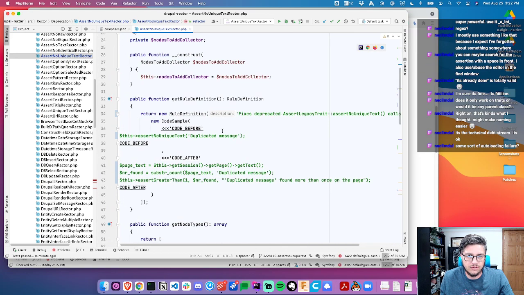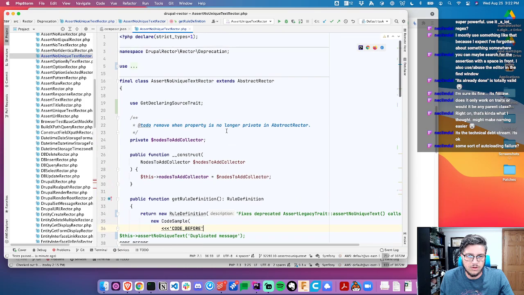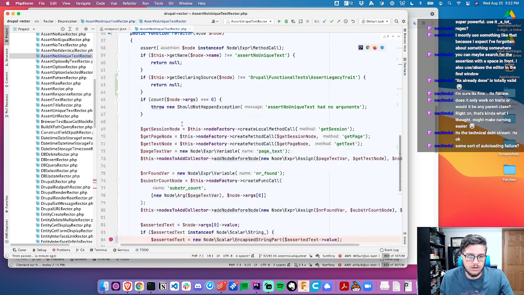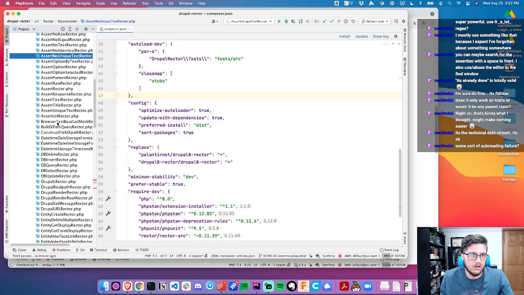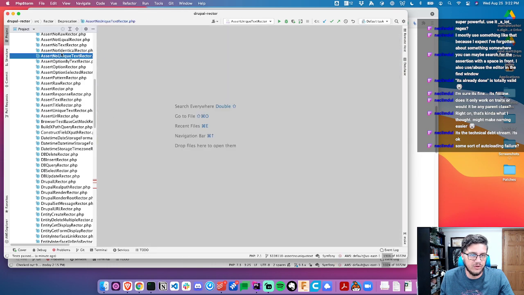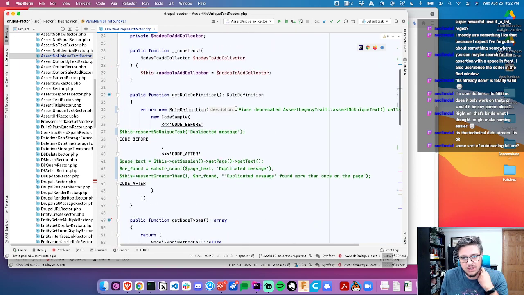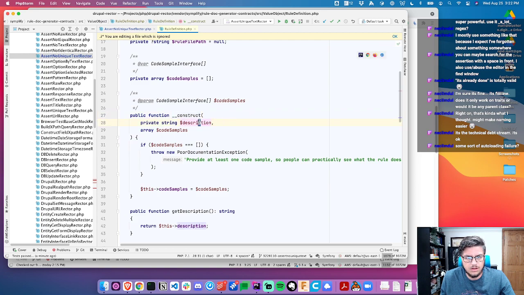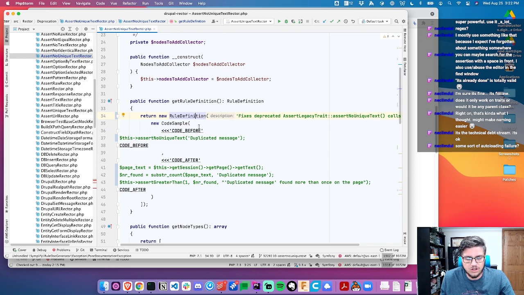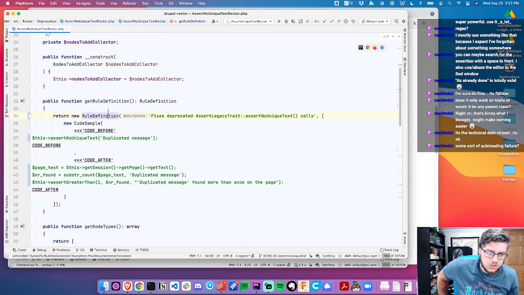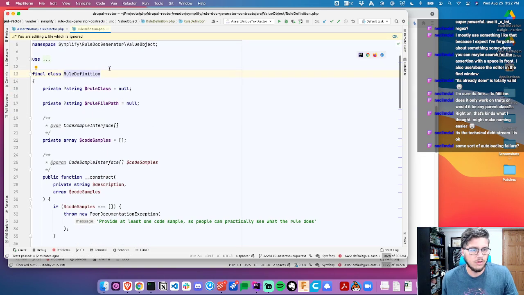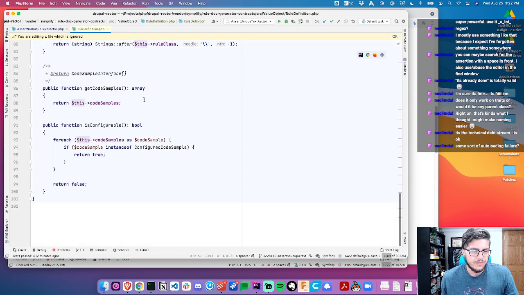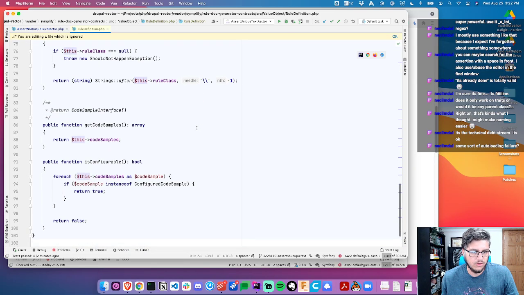Assert no unique text. All right, I think that's good enough. I really don't know how else to document it, because all the documentation is in, what do you want to call it, the deprecation message, and the rule definition doesn't account for that. It would be interesting. Oh, final class rule definition. So